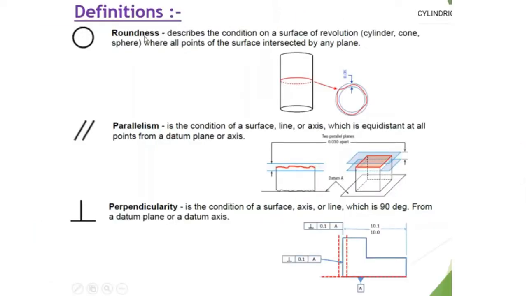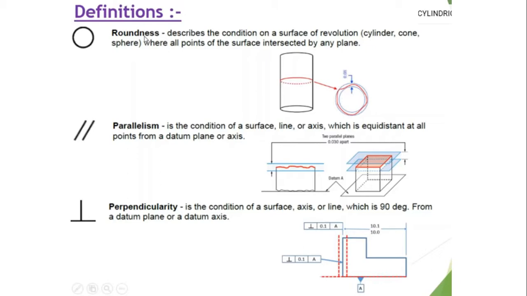And then comes this one, where we consider parallelism. Parallelism is when, with respect to a particular plane, another plane is parallel, like it doesn't have any deflections, so we call it parallelism. It is the condition of a surface or a line in which the distance of all the points from the datum plane is equal. Parallelism is attained for surfaces and even edges, so we need to consider both. Remember these things.